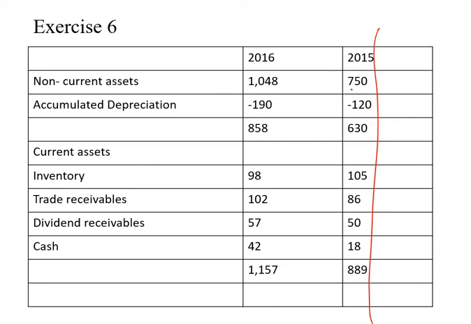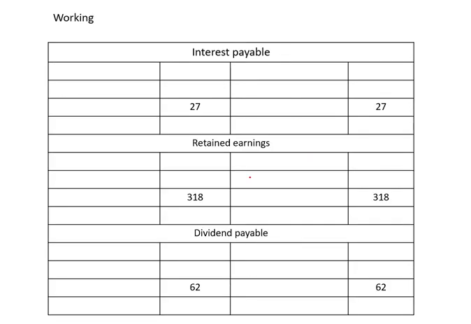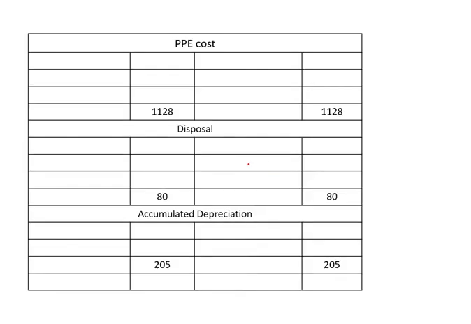Opening 750, closing 1048. So here you have opening. Here opening 750, closing 1048. Do you remember? Alright. Disposal just now. Cost, original cost is 80,000, right? So this is from your non-current asset, means this PPE. So you go to disposal,